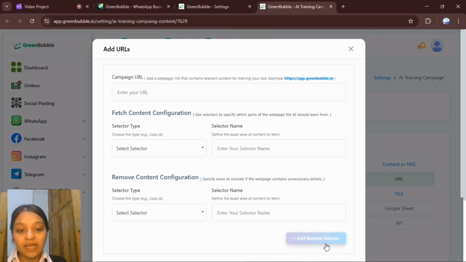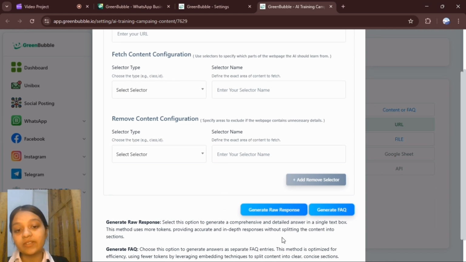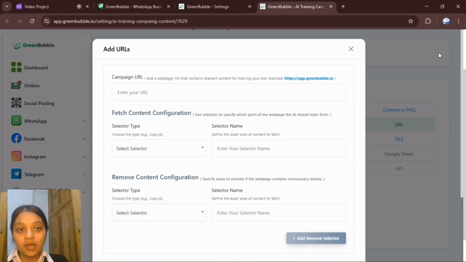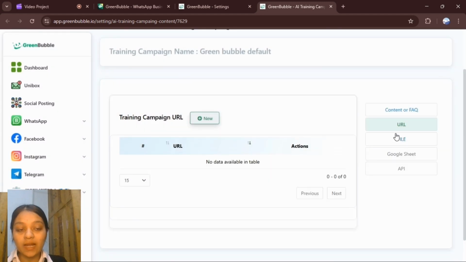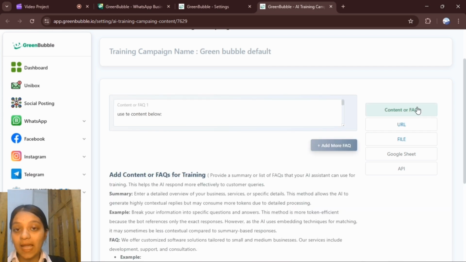And then save it as a raw response. Today you can also add your file, Google Sheet, and APIs as well. But today, let's talk about content and facts which I have already added in my AI agent, Greenbubble default.